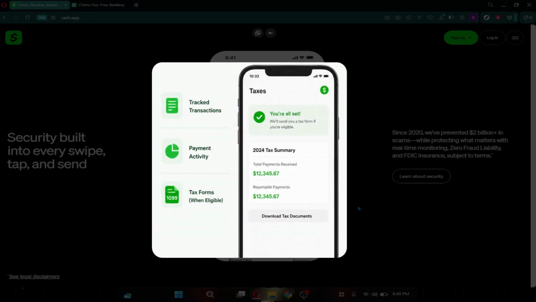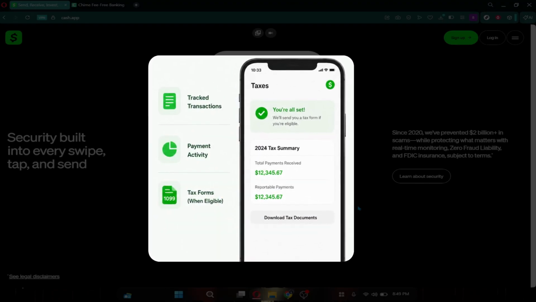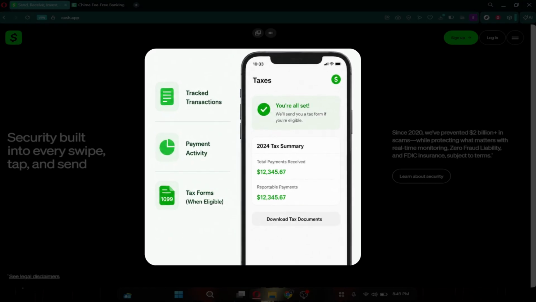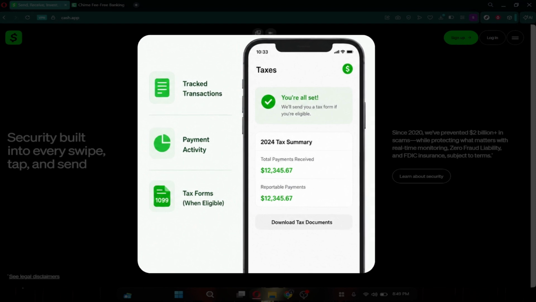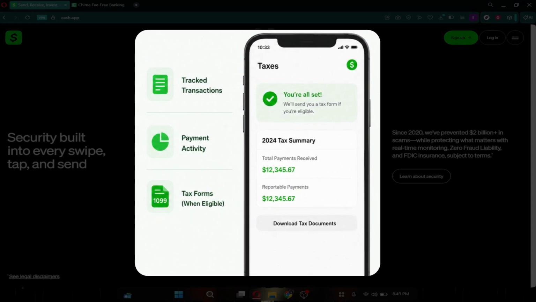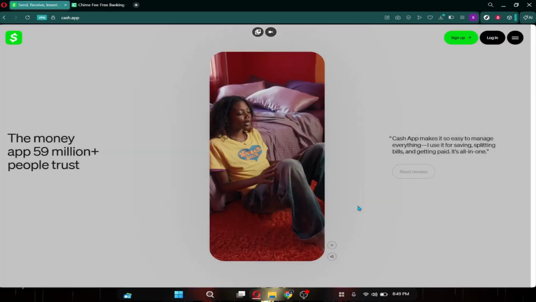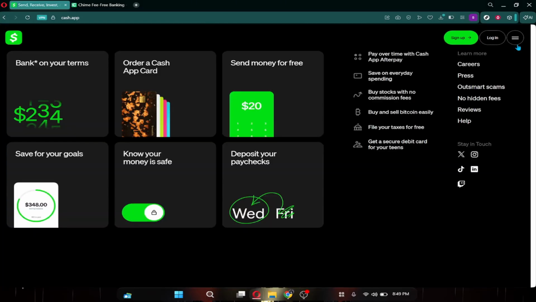Another difference is taxes and reporting. Business transactions may be tracked differently, and Cash App can issue tax forms for eligible accounts depending on payment activity and local regulations. If you run a small business, freelance service, online shop, or side hustle, a business account may